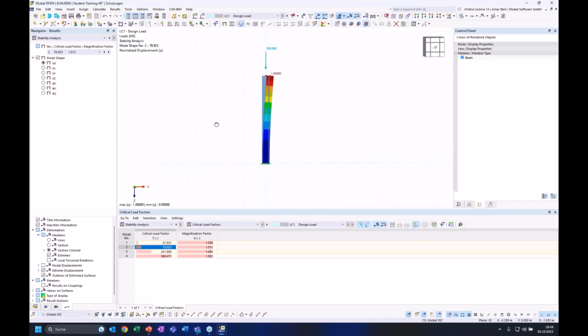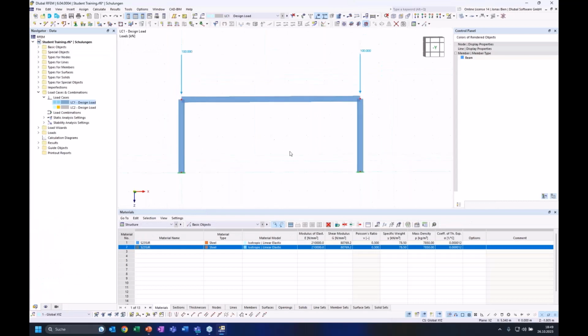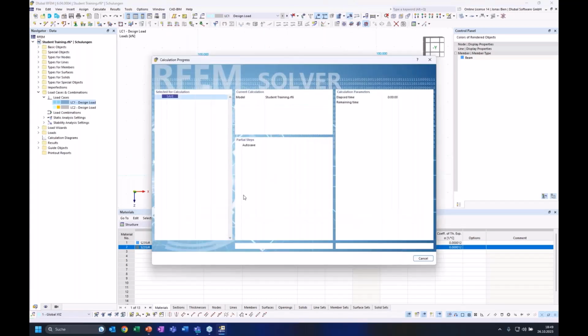But for buckling around the strong axis, we would have a critical load factor of 79 almost. And of course, the effective length factor for this eigenshape for buckling around the strong axis would be 2. And if we again add the frame, so come back to this frame analysis, again I calculated,